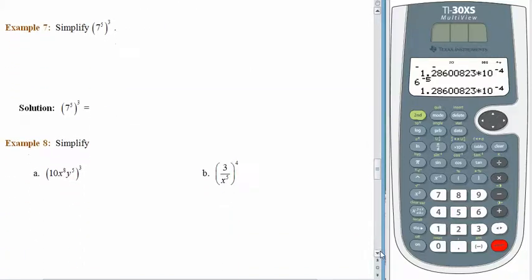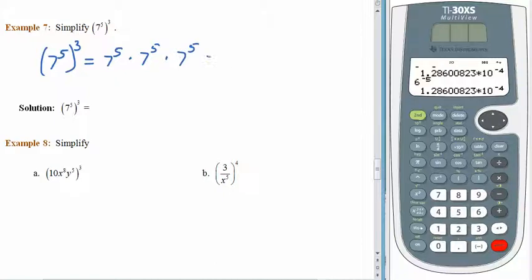Here we have 7 to the 5th power, whole thing raised to the 3rd power. Whenever you raise something to the 3rd power, you're multiplying it by itself 3 times. So if you had 7 to the 5th, let's just think about that as being one entity, and we're going to cube that thing. That means I have 7 to the 5th multiplied by 7 to the 5th multiplied by 7 to the 5th